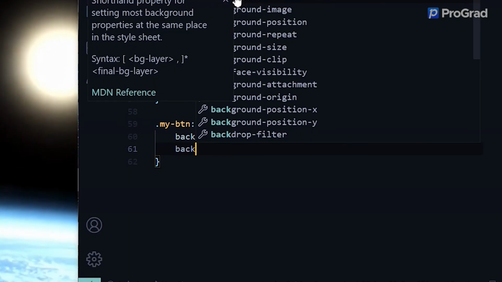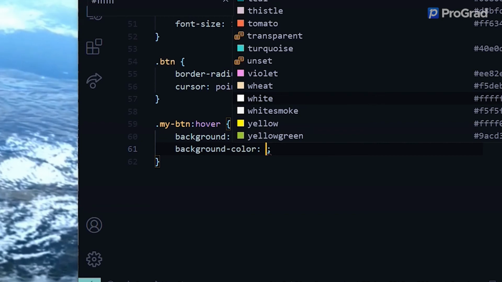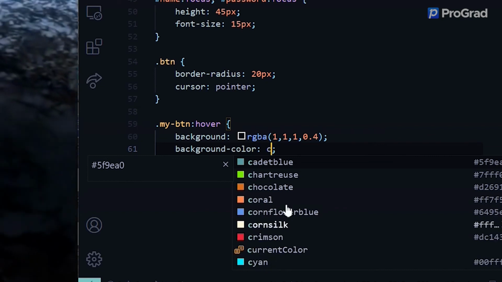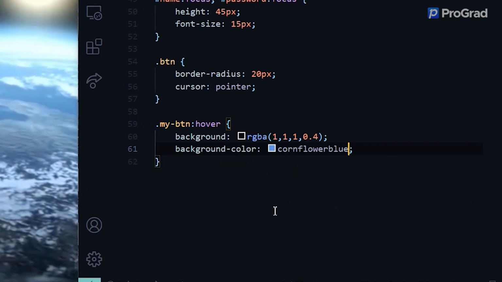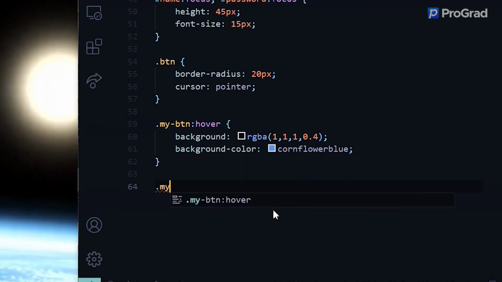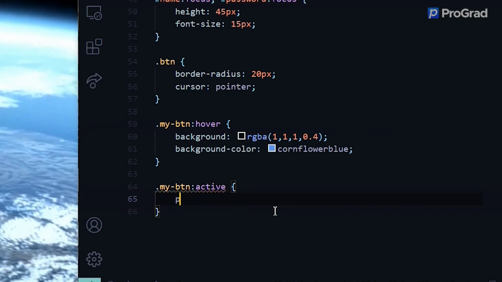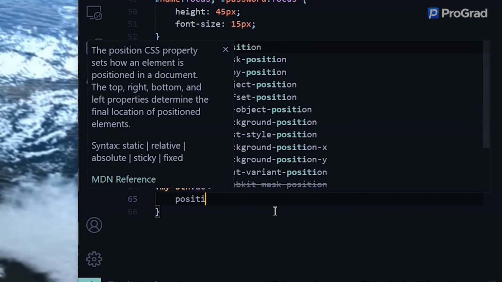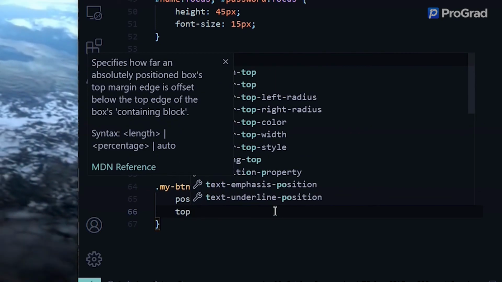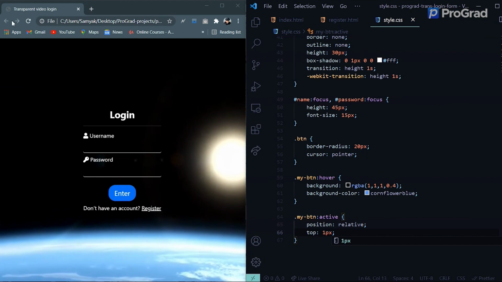I'll also add a background color. You can select any one of these, but I think I'll go with cornflower blue. Okay, let's save, and I'll also add an active effect. So when my button is active, it should have a position of relative, and it should move up by a pixel. So top of 1 pixel. Let's save, refresh,